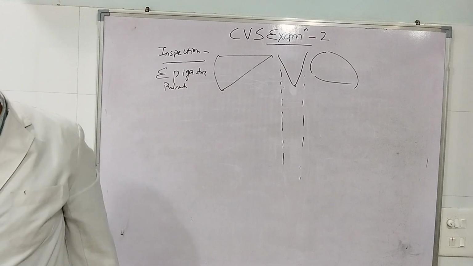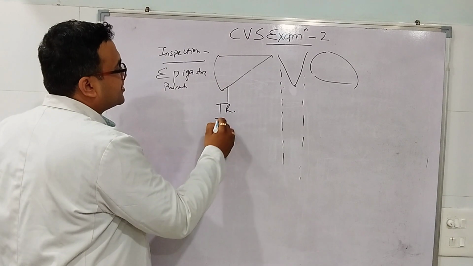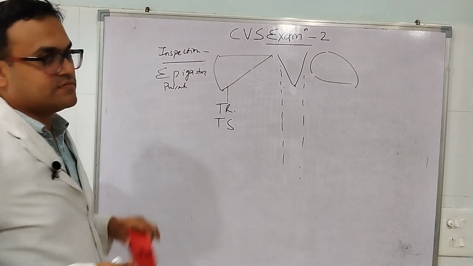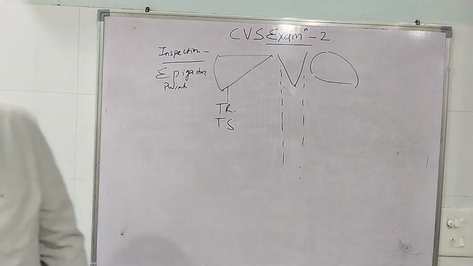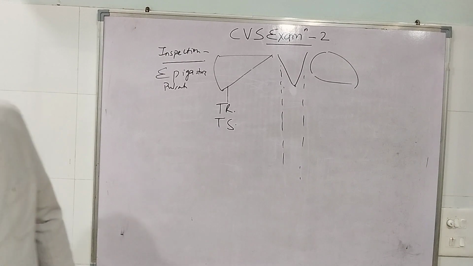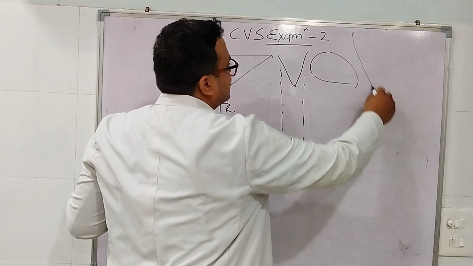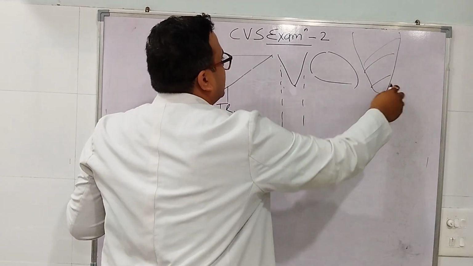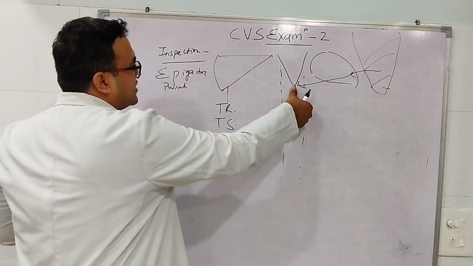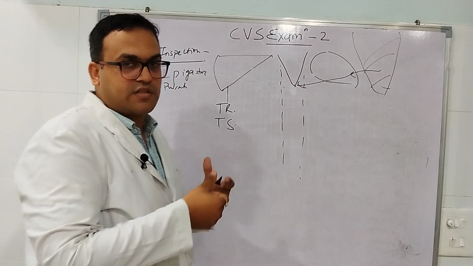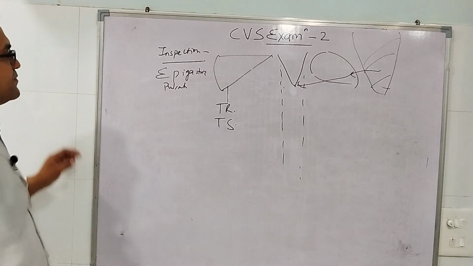So this is how you can know, just by placing your thumb, where these epigastric pulsations are coming from. The hepatic pulsations can be seen in tricuspid regurgitation or tricuspid stenosis or enlarged liver. In AR also we can sometimes see hepatic pulsations. Massive left-sided pleural effusion can also displace the heart towards the right side, and that can also give rise to the feeling of pulsations on this part of the thumb. So this finishes our inspection.